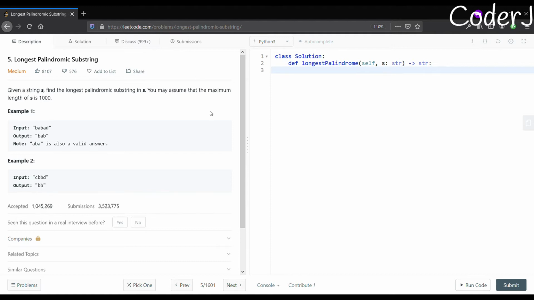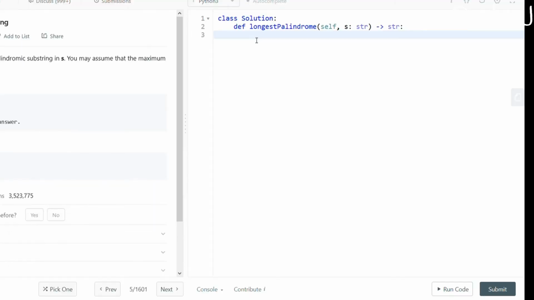Firstly, I'll just give you a brief about this question, like what it's asking, and after that, we'll discuss some approaches. Okay, so in this they'll basically give us a string, and our task is to return the longest palindromic substring. So if they give us a string that is a palindrome itself, like maybe a string like this, then this is a palindrome, right? So we are just supposed to return this string.